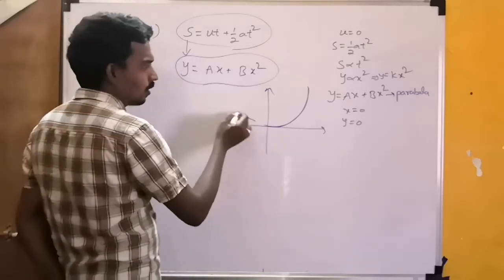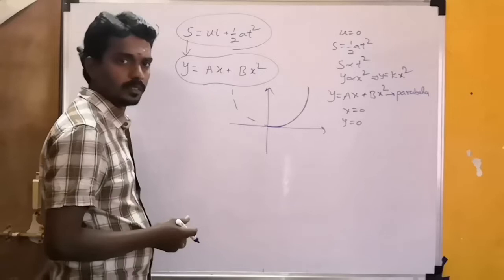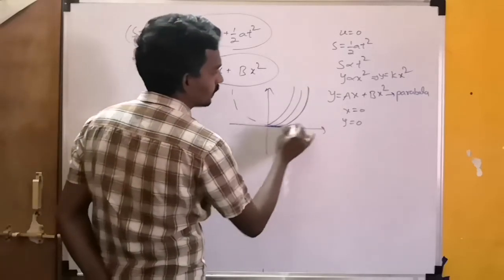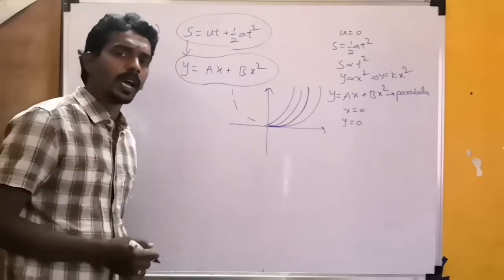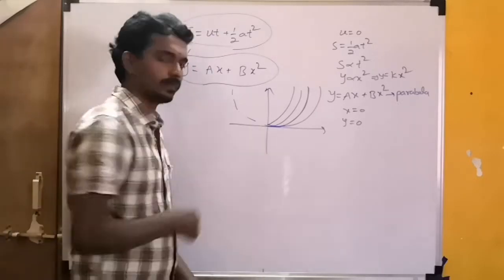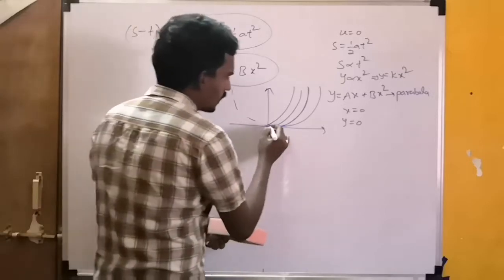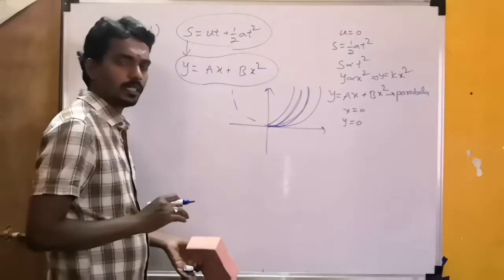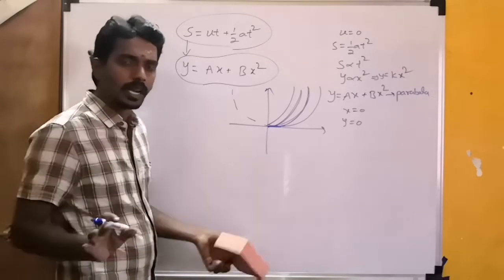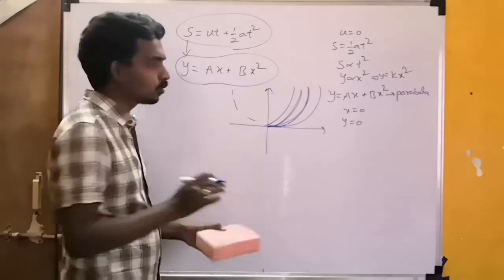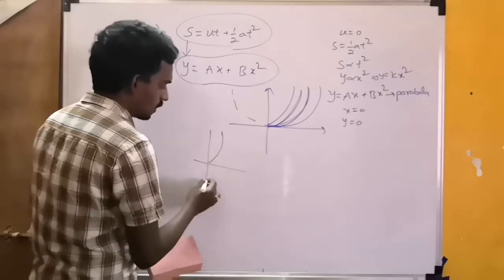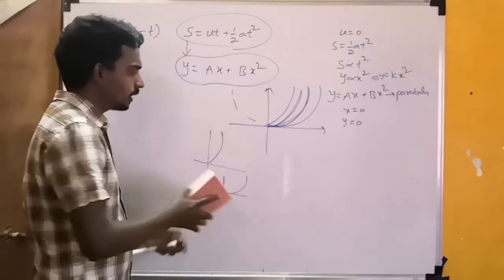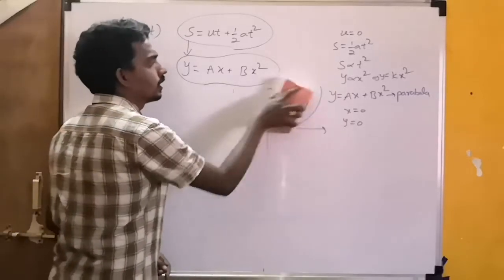So what is the difference? The difference will come in terms of bending. But you don't have to worry much about this one, because if you represent this one or this one, it is almost a parabola only. That kind of confusion will not come in physics. They will not give two options like one is like this and one is like this. Don't worry, they will give one parabola only.